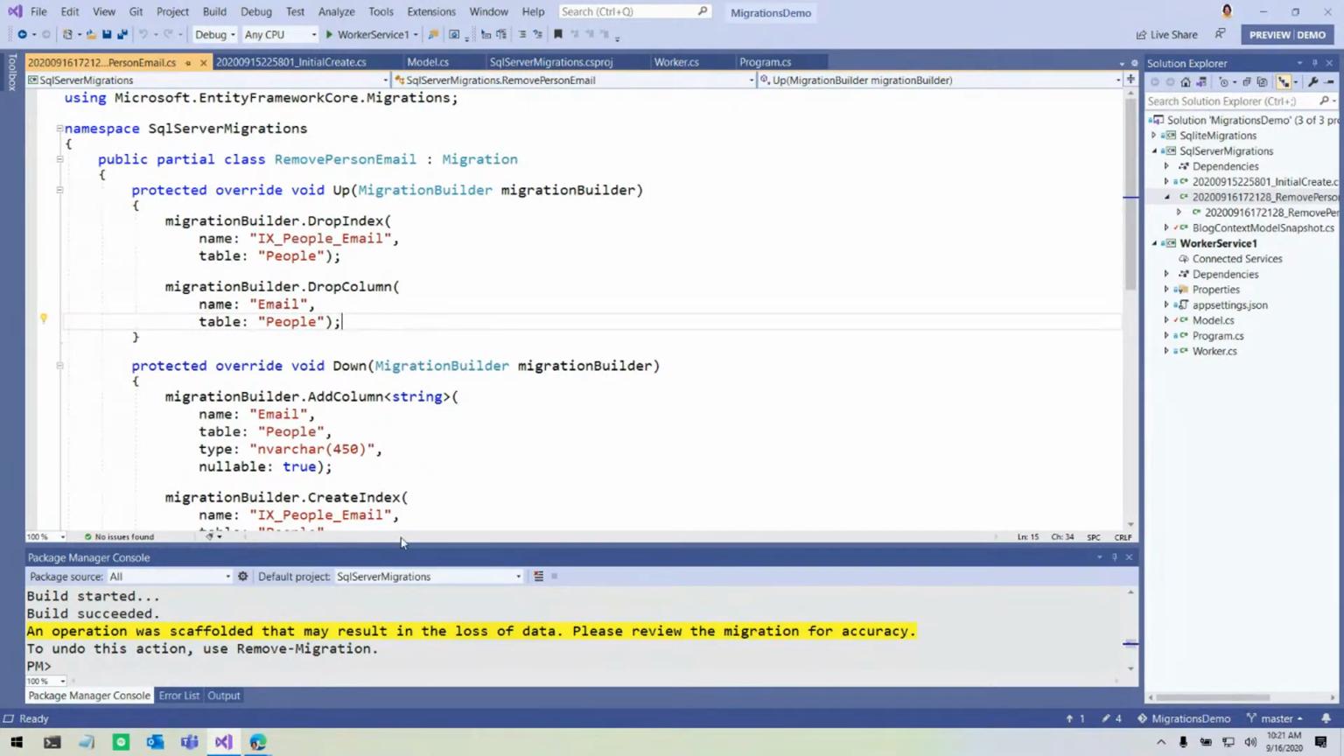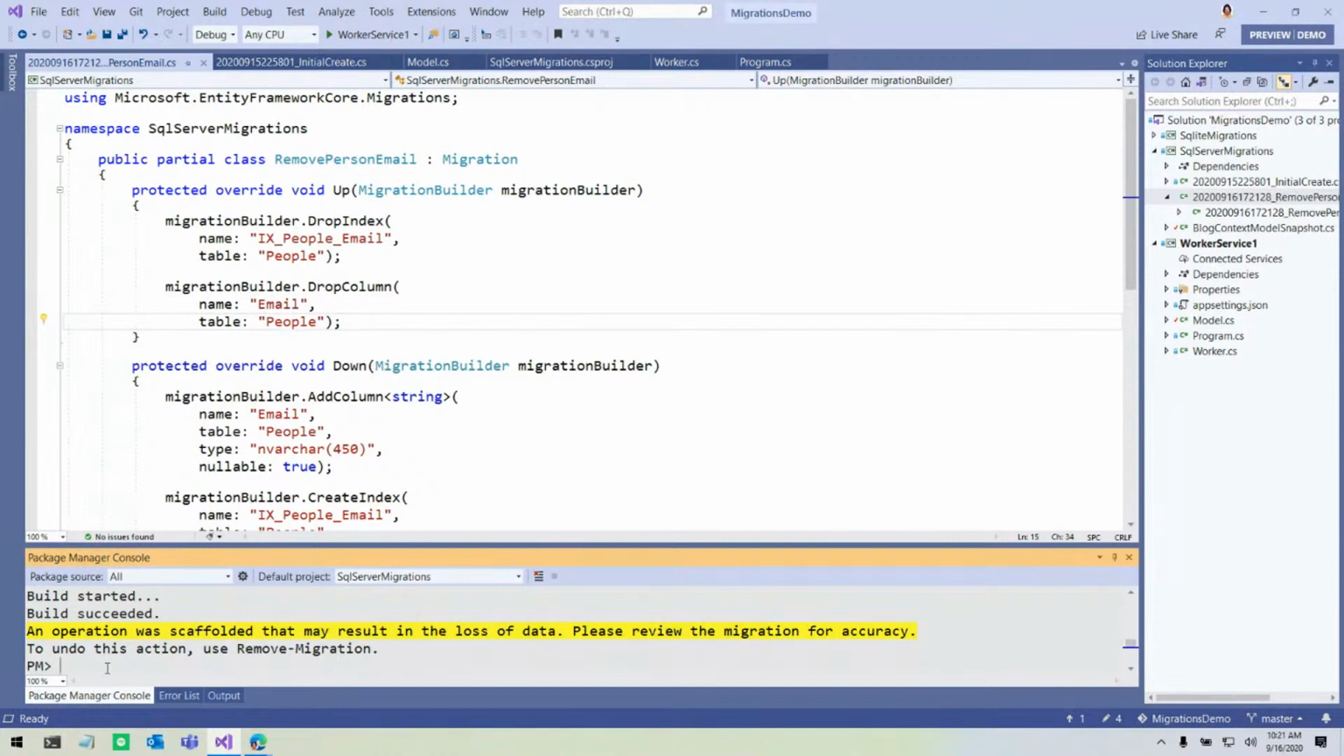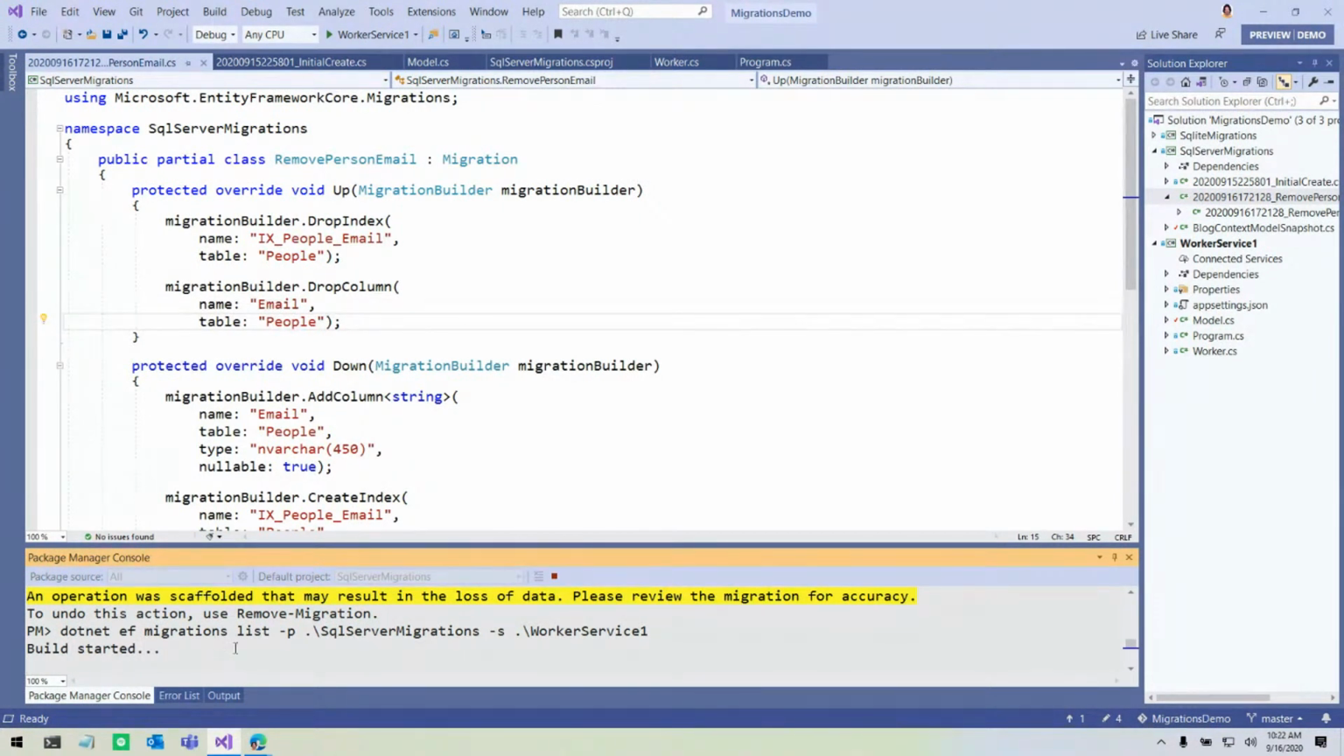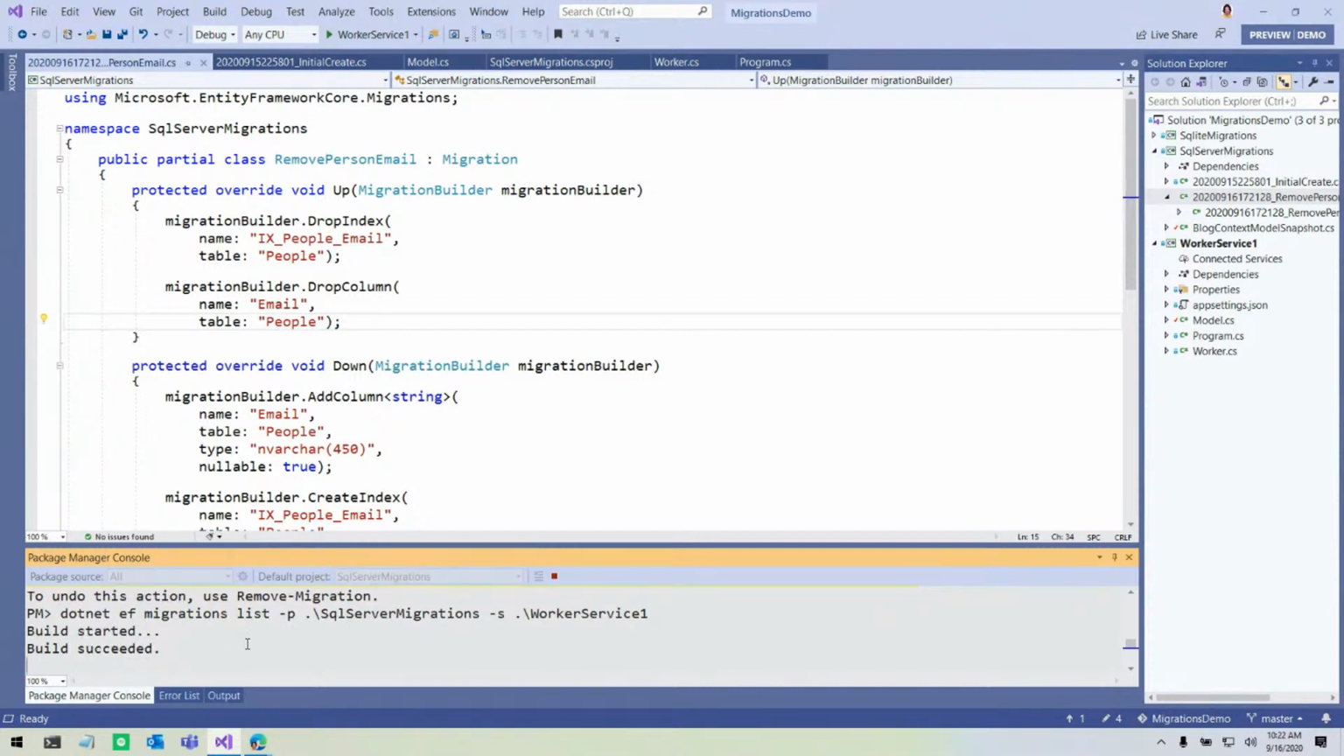So pretty simple. Now that I've done that, I want to show you something new here. We've always had this .NET EF, and forgive me for using it here in the package manager console, but it's just easy. .NET EF migrations list. We've had this for a while. Oh, and I need to specify which project I'm using, SQL Server migrations, and which startup project I'm using, worker service. We've had this command for a while, and it lists all the migrations that it knows about. The thing that's new here,